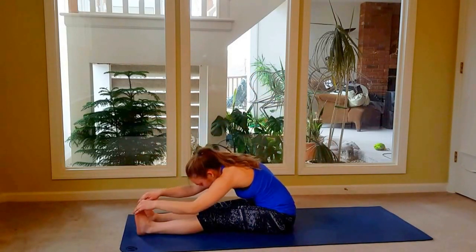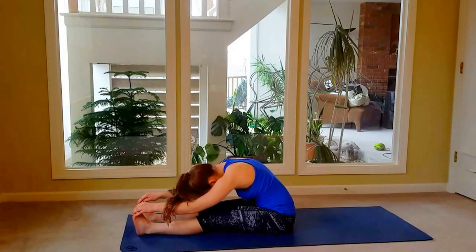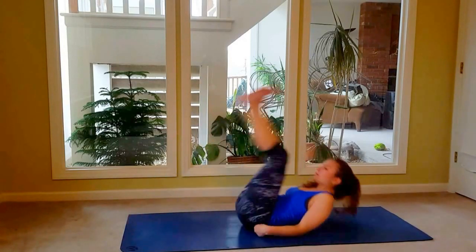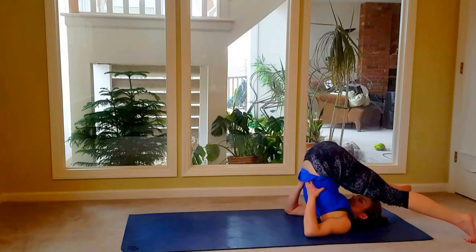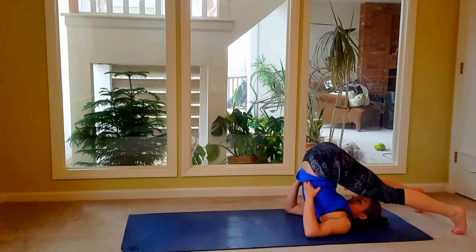Release both legs to the front of the mat and draw yourself down into a forward fold. One last time, just letting the head shake out. Upper back, lower back, completely relax and release here. We're going to start to come into a plow if you'd like, or you can hold that forward fold, and that's up to you. So if you want to take into plow, you're going to roll yourself back, lift the